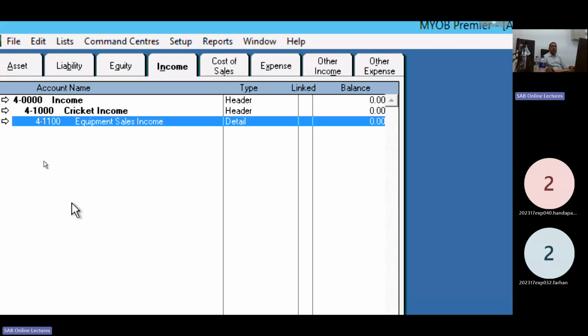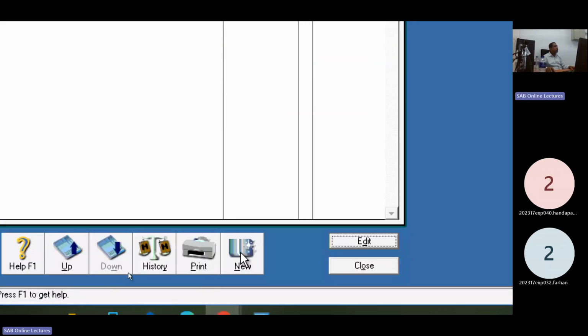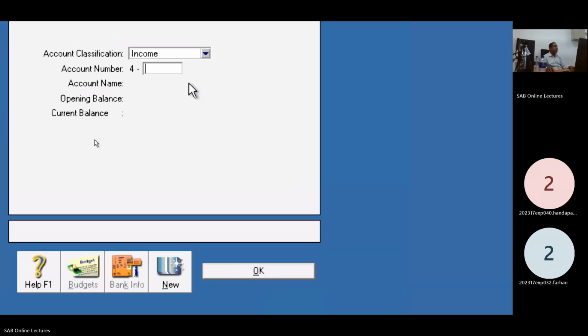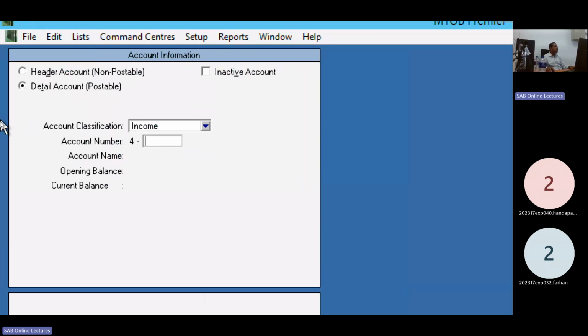Complete this detail account. Next, cricket lesson income. New account. Right, continue with me. Detail account, postable. Under the income section, 1,200.